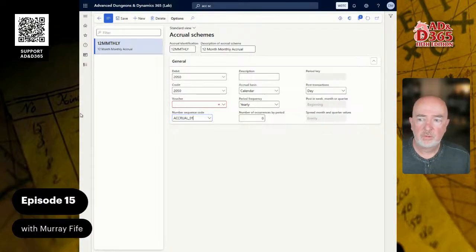Now, I want to choose the voucher behavior, and I want to have a new voucher for the accrual transactions. I could say that I want to have one voucher for all the transactions, or I could have one for every date, but I'm just going to select a new voucher for the accrual transactions. And then I'm going to say,